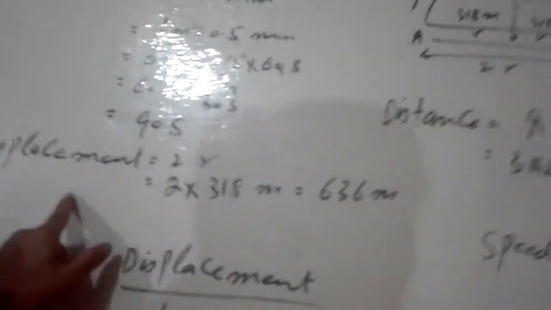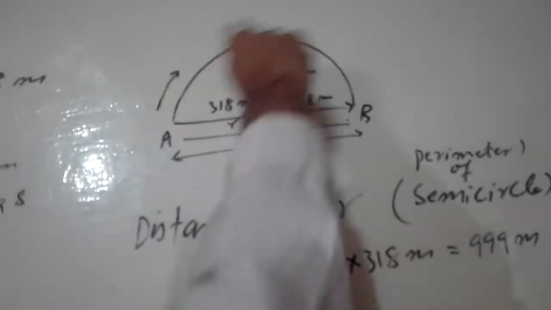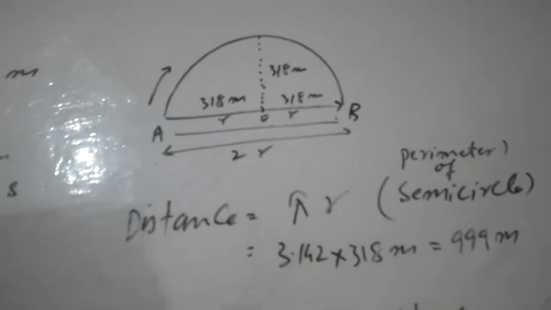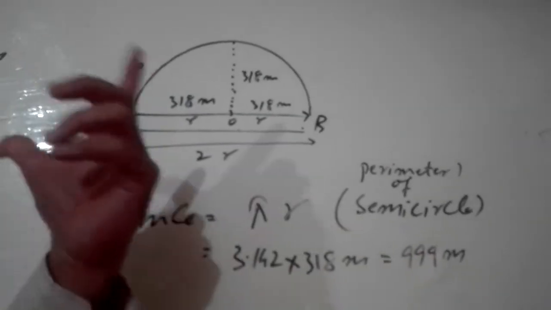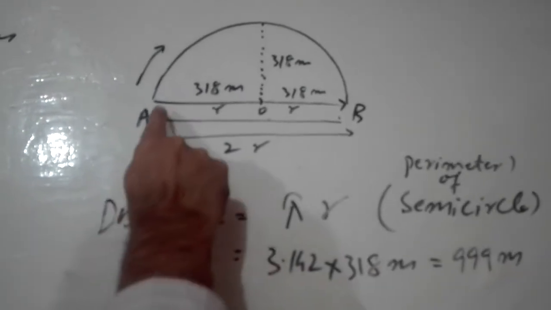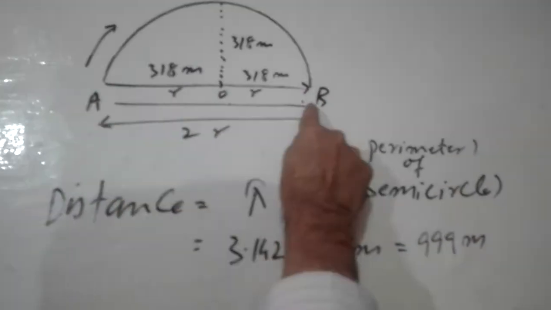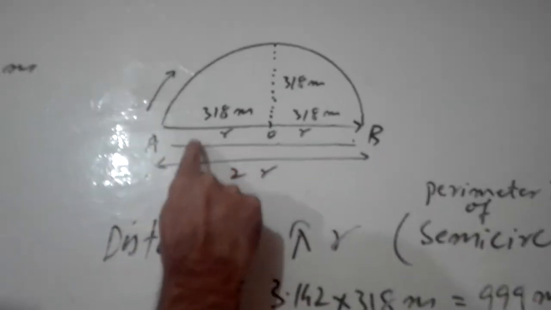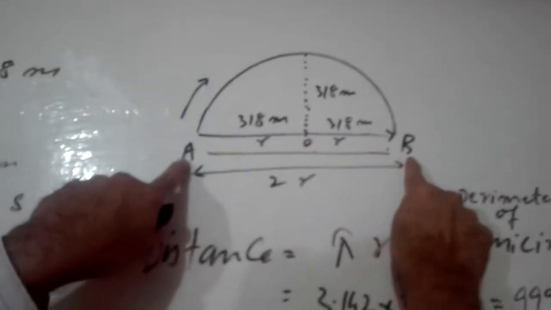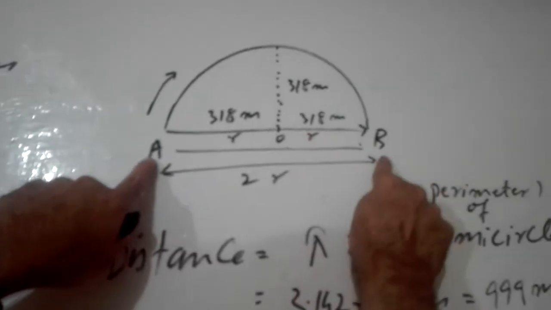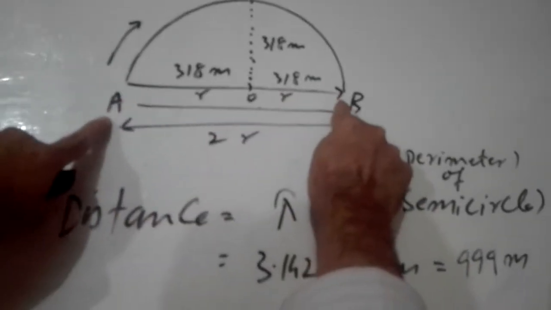Okay, now you have to find distance and displacement. I have explained to you what displacement is in this figure. Recall your concept about displacement. Displacement is the shortest distance. So this is the shortest, A to B. So this is the displacement A to B. It means if I find this A to B distance, that would be my displacement. That's why I have drawn an arrow here as well.